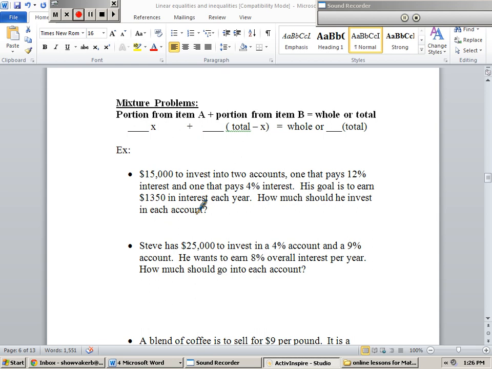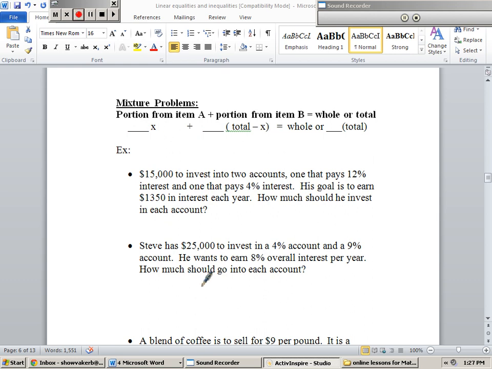Let's try another setup. Steve has $25,000 to invest in a 4% account and a 9% account. He wants to earn 8% overall interest per year. How much should go into each account? Okay, so he has a 4% account, which is 0.04x, plus a 9% account, 0.09, total money minus x,